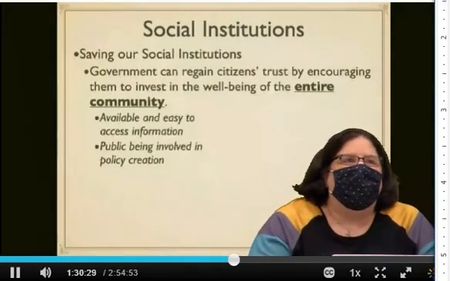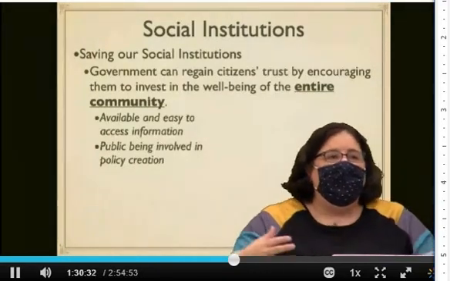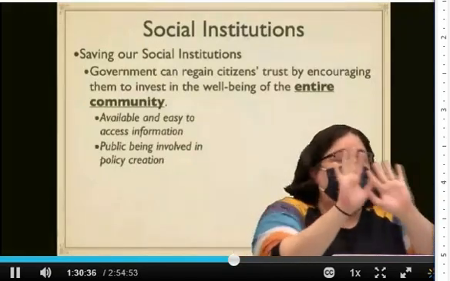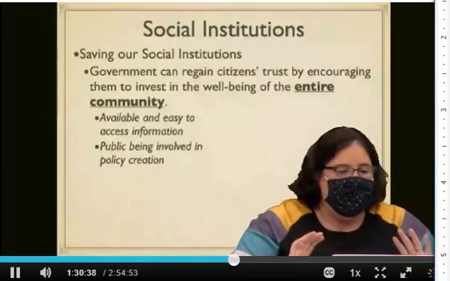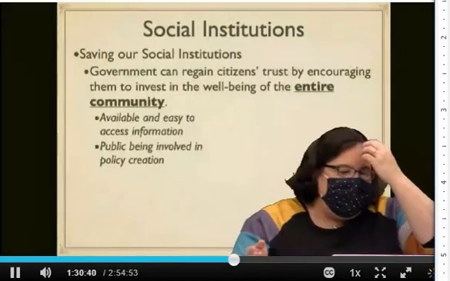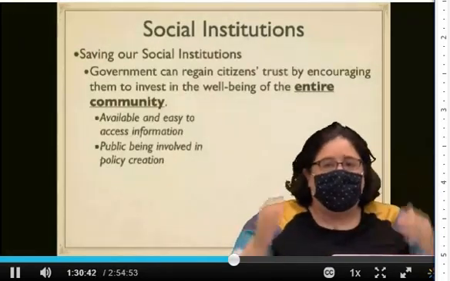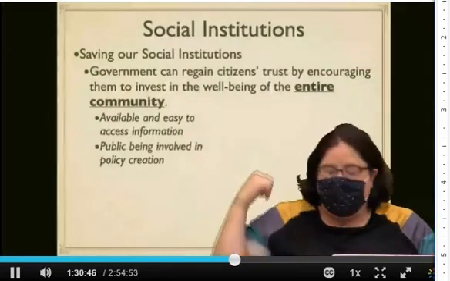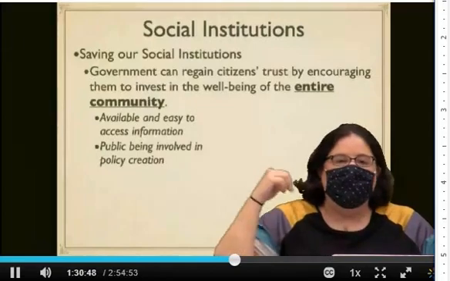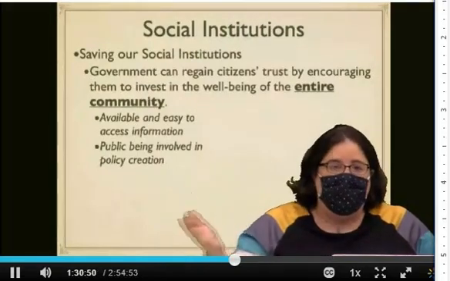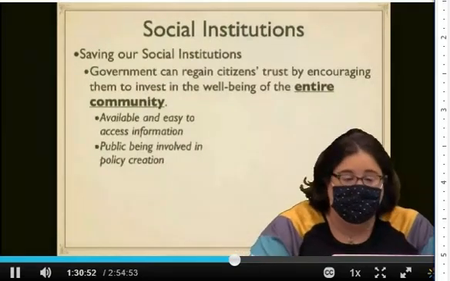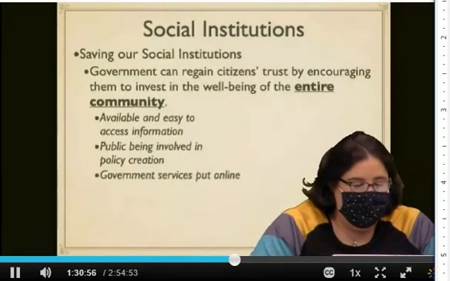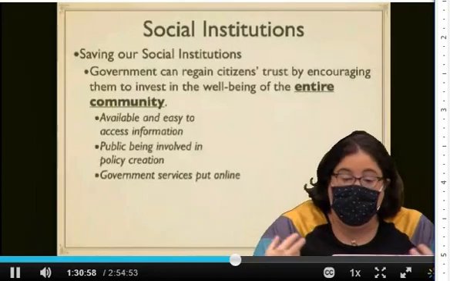Again, this is something where in our federal government, the whole system is like, oh, we elect representatives that go and deal with it for us, so we don't have to. But in reality, the laws and rules that are most likely to affect you every day, those are happening in your city and state. They're not happening in Washington, right? And so by people becoming more involved in policy creation, especially at the local level, they gain trust in the system. The government can put services online.